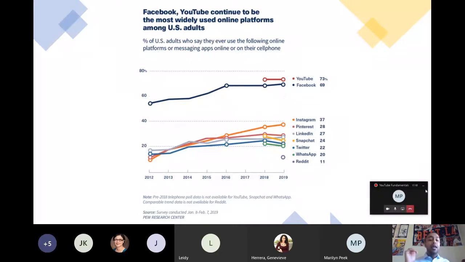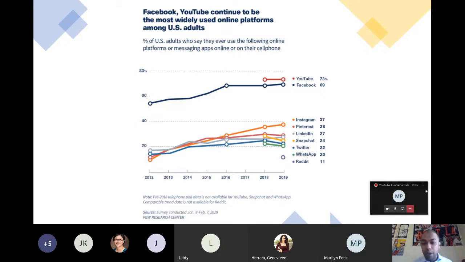And then again, here's just this. This was a really cool graph I got from the Pew Research Center. This was taken at the beginning of last year in 2019. Obviously, a lot of these stats have changed a bit in the COVID-19 era. Instagram is way up. TikTok is now a real player in this space.